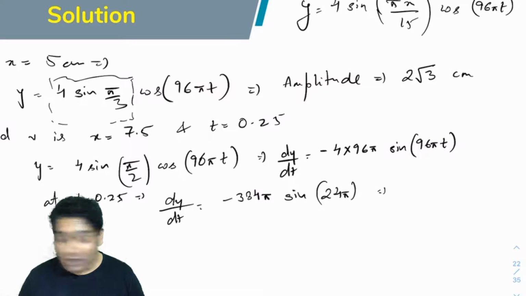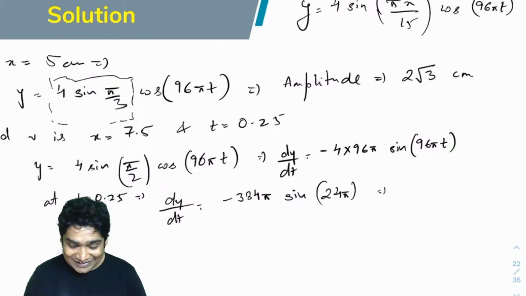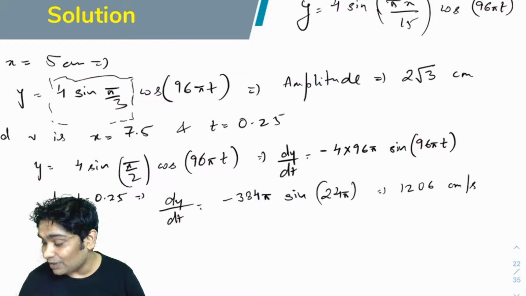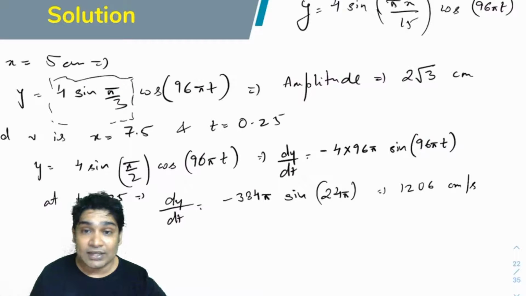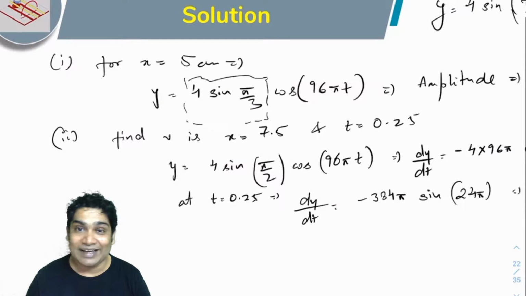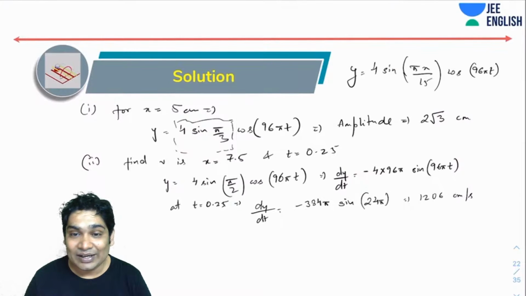So obviously this becomes 384 times pi. Let's see what the value of that is. 384 times pi, and the units here are in centimeter per second, by the way. So just remember about your units. So obviously this is coming out in centimeter per second. In meter per second it will be around 12 meter per second. So yes, Vanchika was absolutely correct about this. All right.